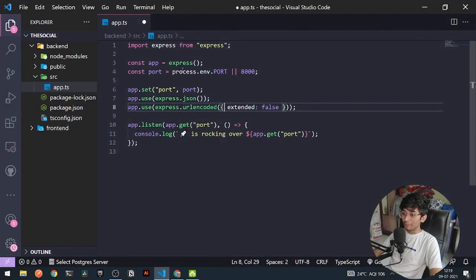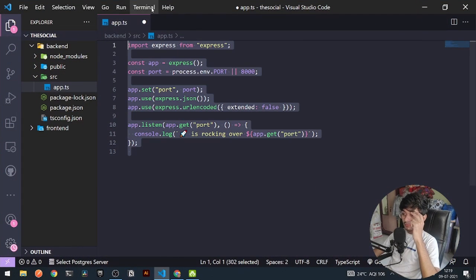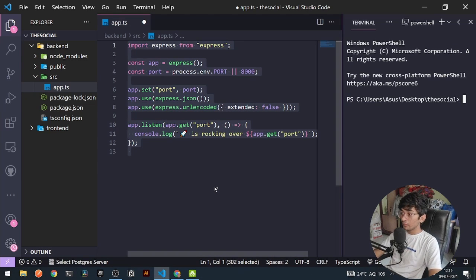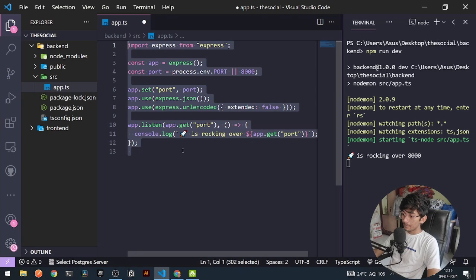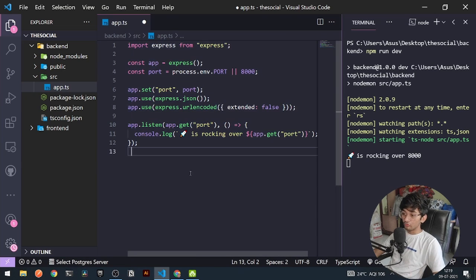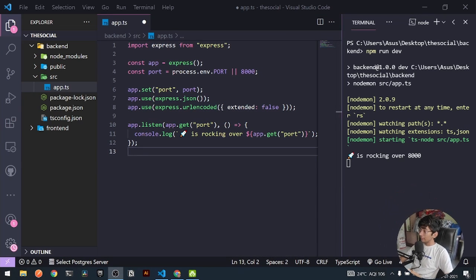Alright, so let me open my VS Code, and here, till the previous video, we have done the following thing. We have set up a basic server. So if I run my server one more time, let's go under my backend folder, and here if I say npm run dev, alright, so our server is working over 8000. Okay, let me make this thing down here, it will be more clear to you as well.